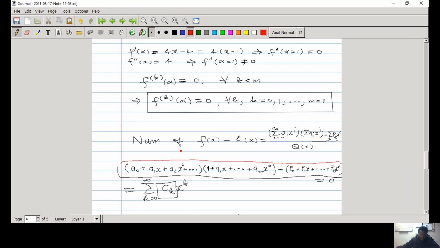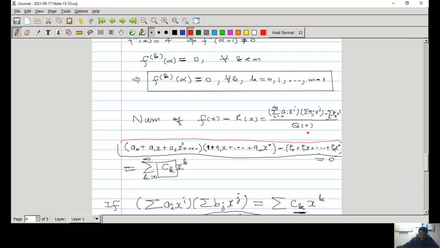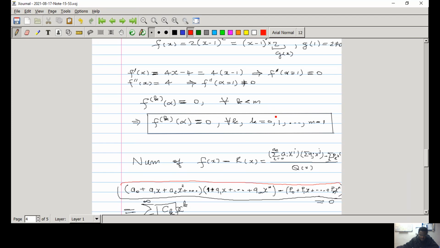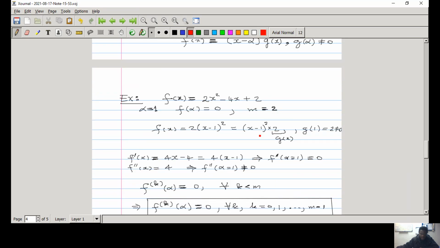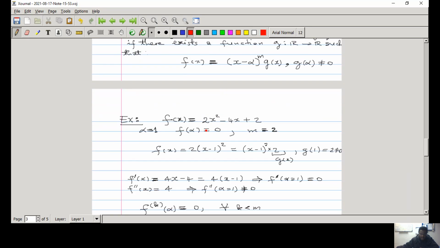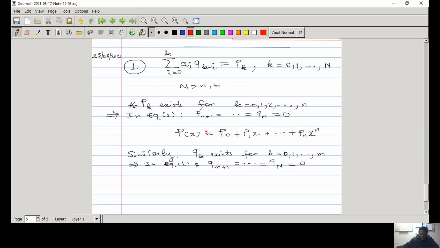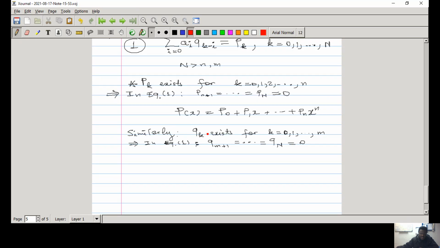Okay, so this is what we have. This is the error, and this is its numerator, right? And that numerator is expanded here. So by imposing this condition up to capital N, we saw that it is 0. Of course, this one I was explaining. Okay, so for our case,